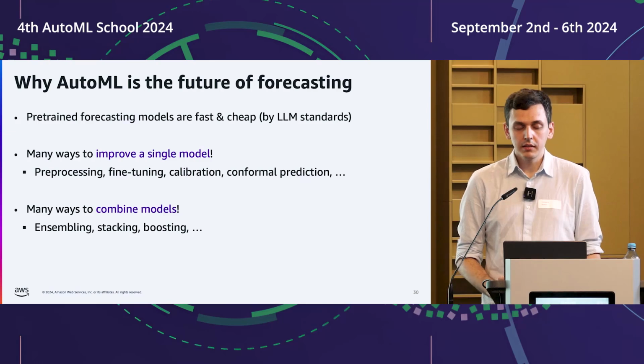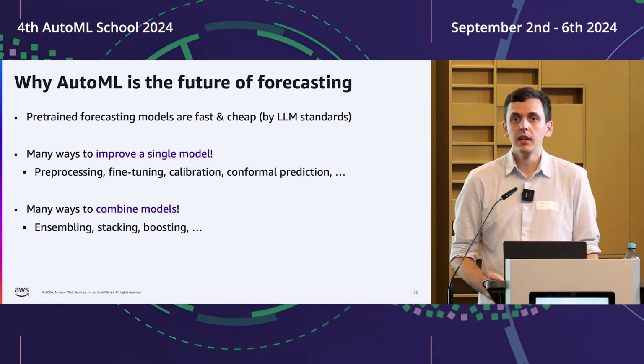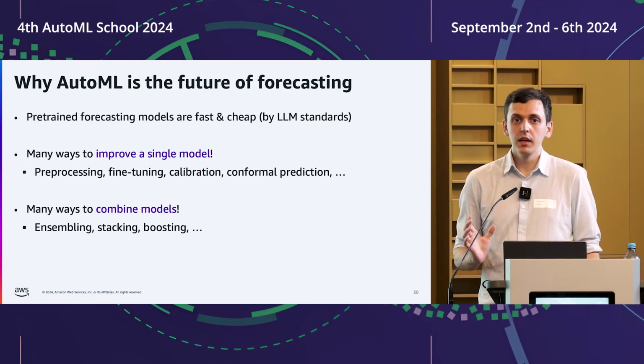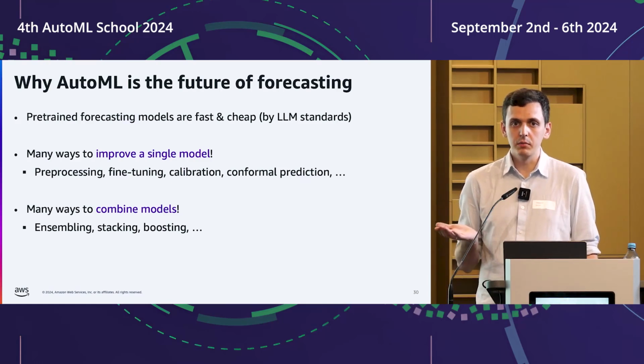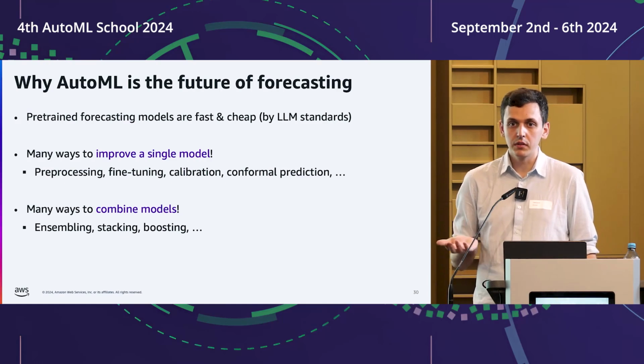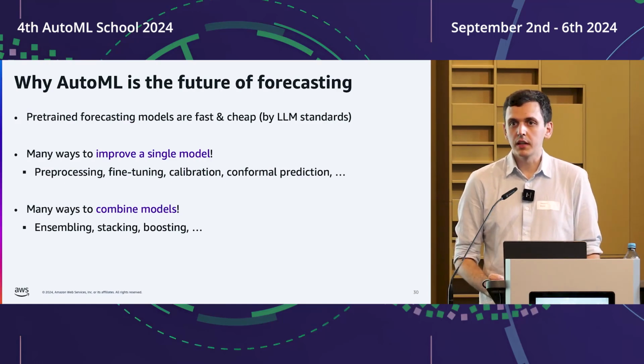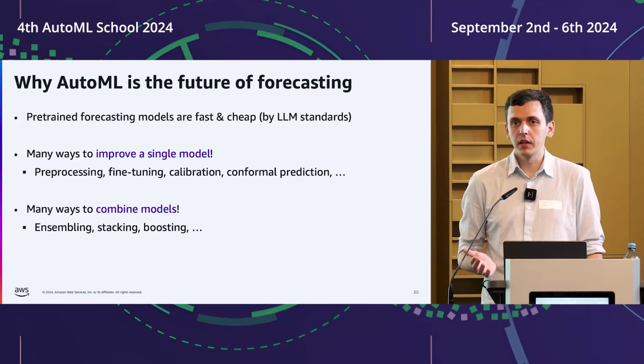This tends to help most of the time, and some preliminary results that we have in the Chronos paper also show that even a small model that is fine-tuned is consistently much better than the largest model that was used in a zero-shot way. So fine-tuning is important, and it has to be part of the workflow if you want to increase your accuracy. And also there are lots of other techniques or tricks like calibration, conformal prediction, where essentially